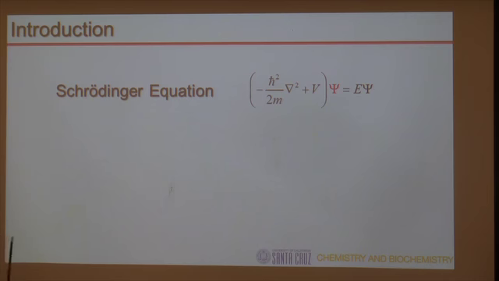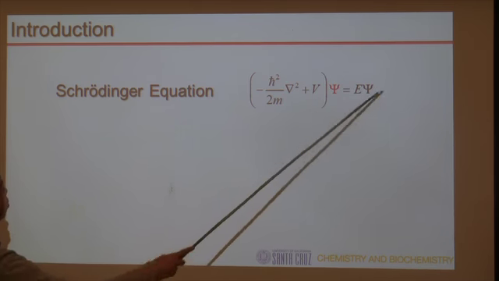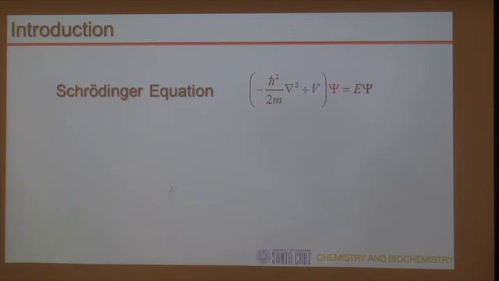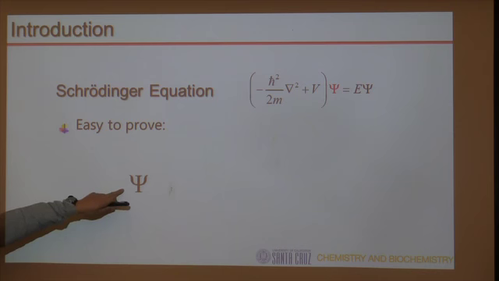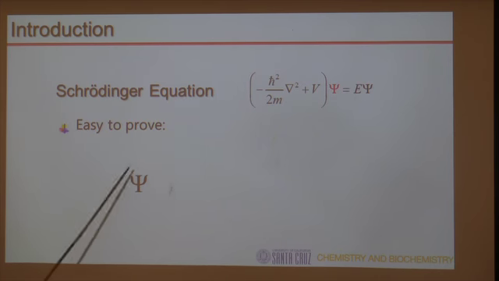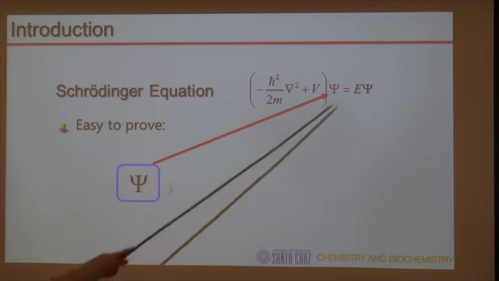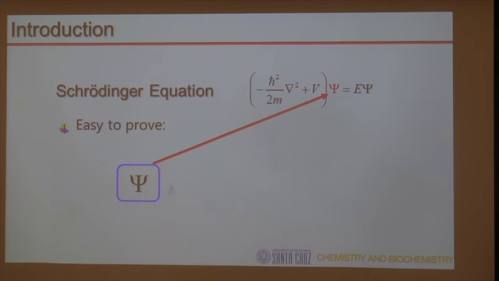Okay, so all the things come from the Schrodinger equation, the time independent Schrodinger equation. We'll see there's the wave function here and also the wave function here. It's pretty easy to prove that if this psi is acceptable in this equation, or simply means this is one solution for the Schrodinger equation,